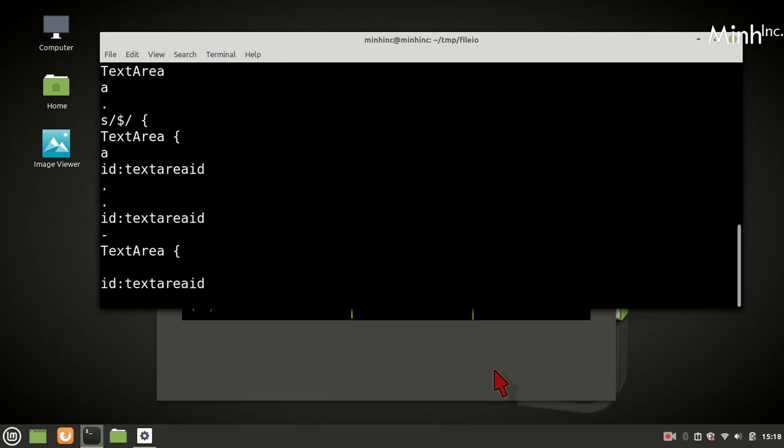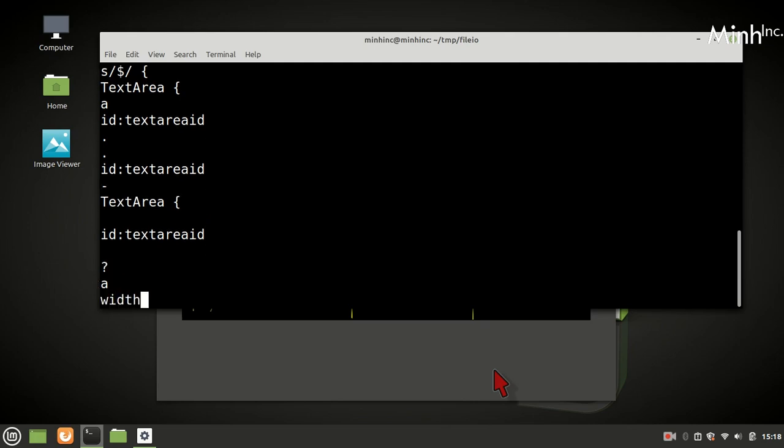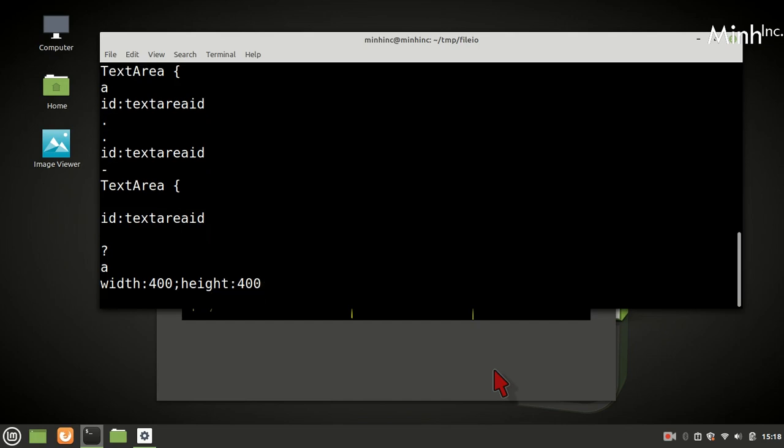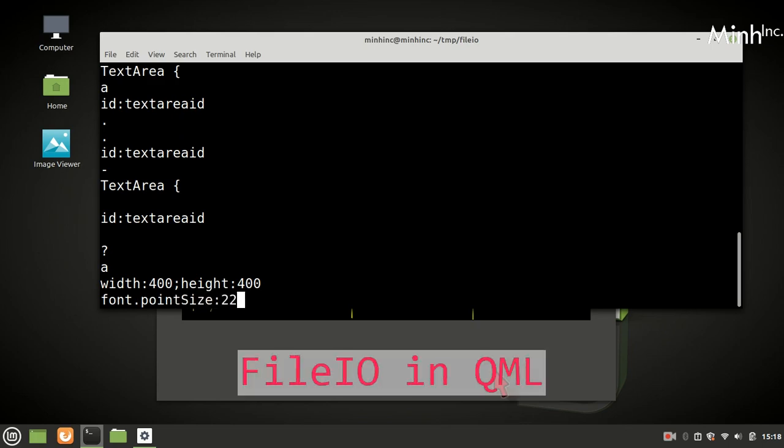Okay, this is also fine. So width, height 400, and then font dot point size as 22.